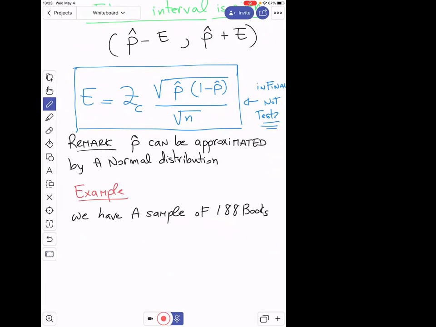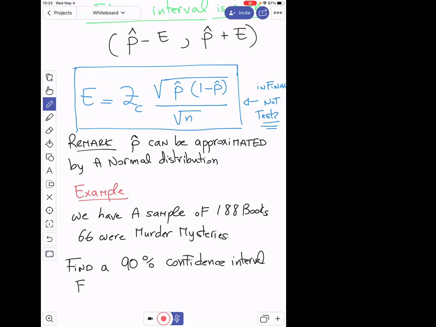Out of 188, 66 were murder mysteries. So the question is, let's say you want to find a 90% confidence interval